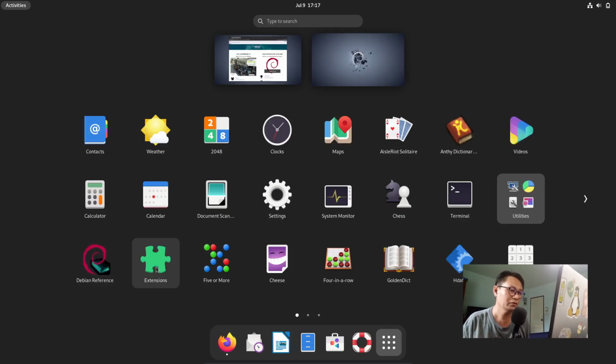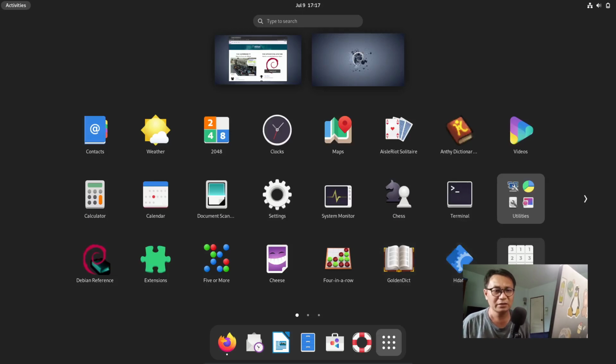You also have the GNOME extensions. You have also, what kind of game is this? Five or More. Cheese, of course, you need to have the webcam to record. We have Four in a Row. Golden Dictionary,